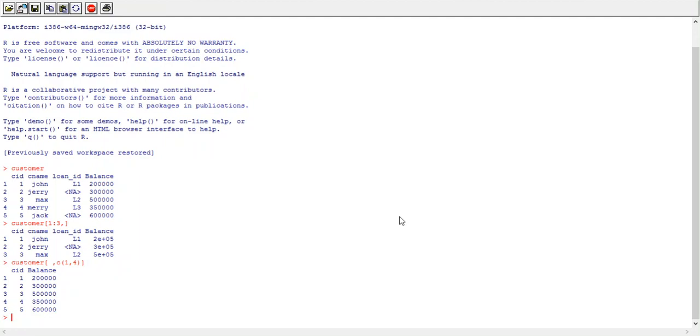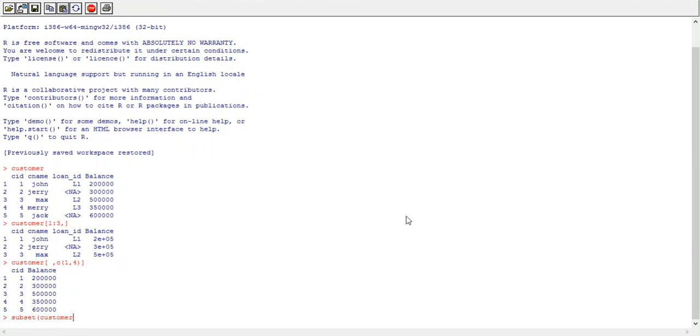Now we'll see how to use the subset function to select or filter data as per our requirement. Subset is a function, so write down that function name. After that we write down the name of the data frame that we want to reshape. The advantage of the subset function is that it not only filters or selects data as per user requirement, but with this function we can also specify complex conditions to select data.